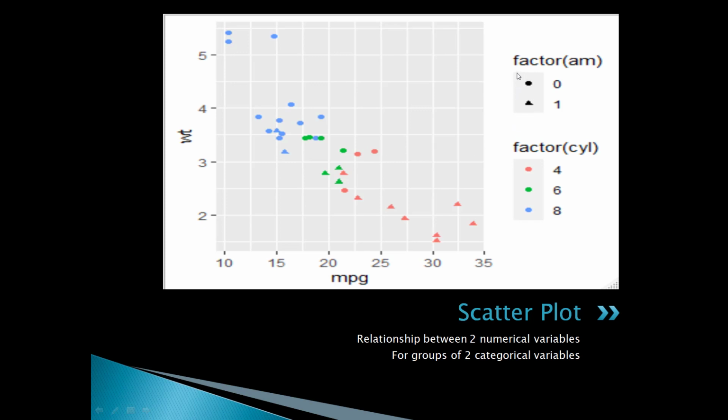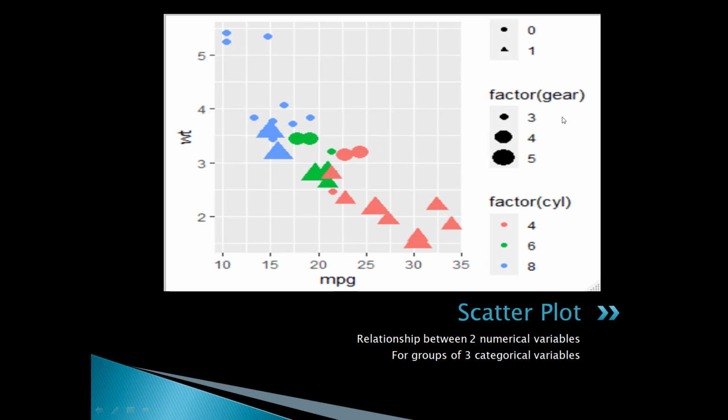scatter plot. So here we have included one more, which is the AM variable, and it has 2 categories. So we have represented it with 0 and 1, and 0 and 1 we have represented with circle and triangle. So you see here this triangle represents automatic vehicle and this circle represents manual vehicle, and the same plot with some additional information. And if we have one more variable here, gear, so